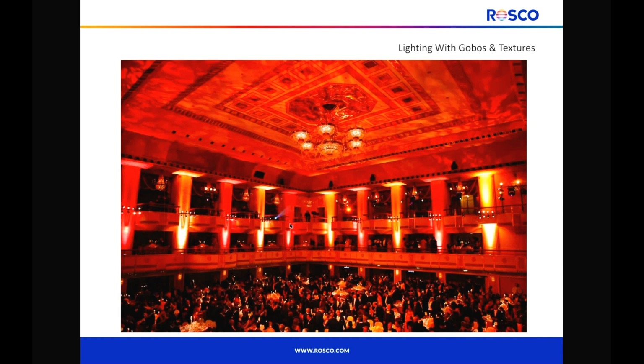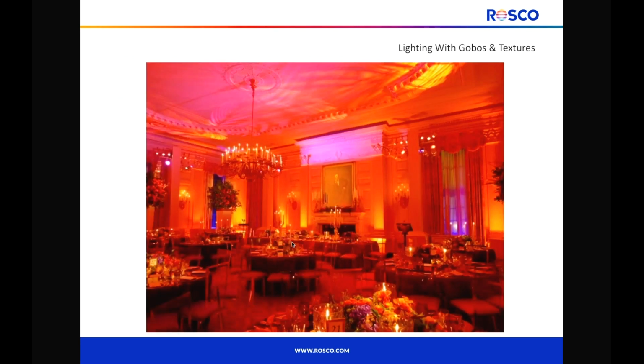Right. Quickly, because I know we're running short on time, can you help the audience understand where the lights are that are shining onto the ceiling? Is that those that I see along the balcony? Actually, yeah, I believe they're right on the rails. You can see the balcony rails below, where there's a combination of pin spots and things. I believe they are just from that position. And they were probably super wide.